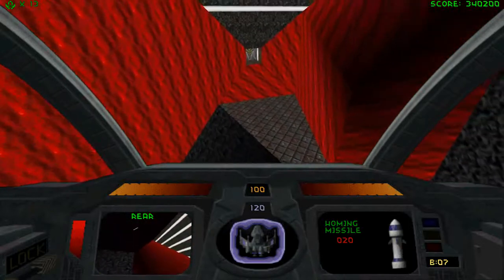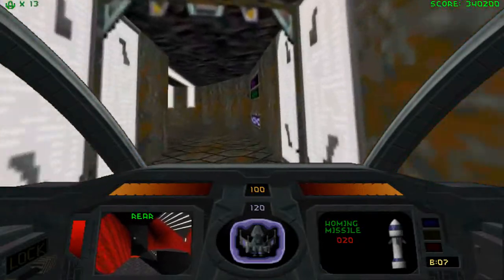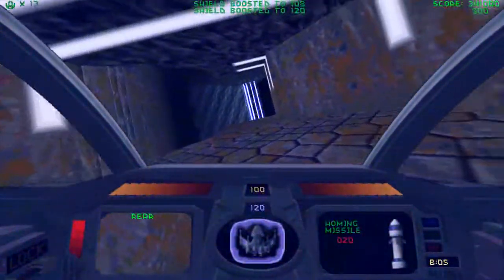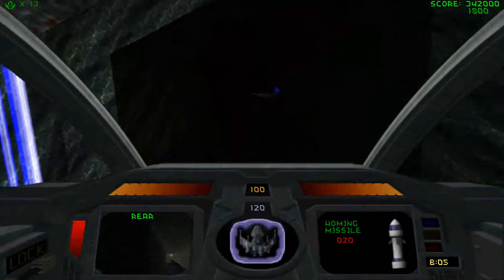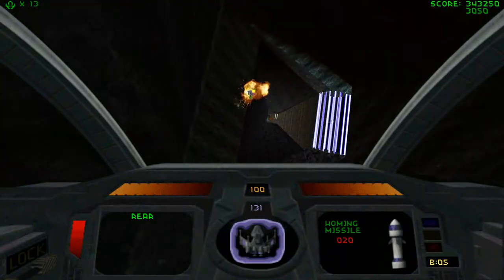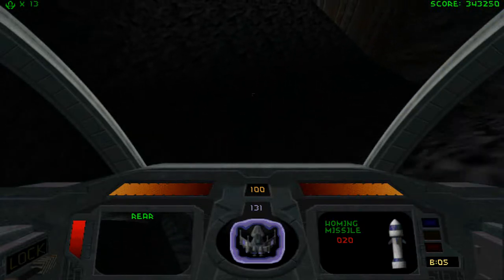All right, tricording first? Over this way. It's nice when you get into the start of a level and you just have 5 different ways you could go. You know you're in for a good time then. Well, I've said it before and I'll say it again: Descent is at its strongest when it's got these large rooms to dance around in, rather than trying,